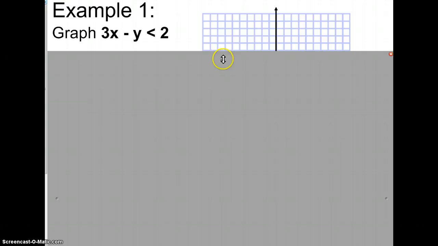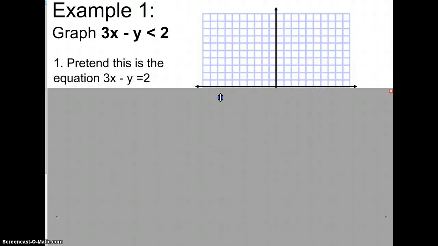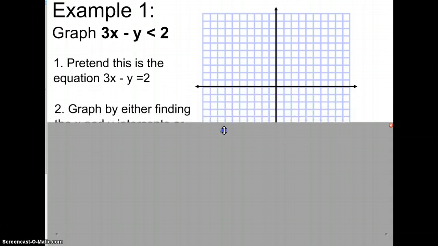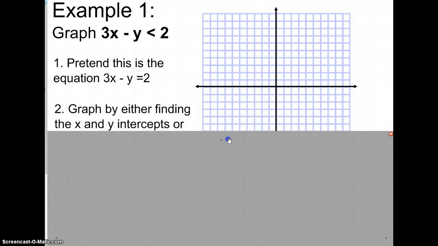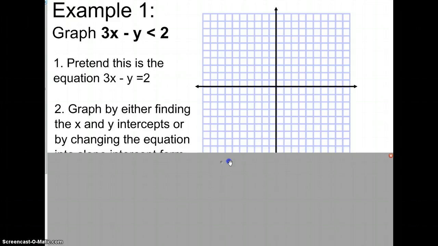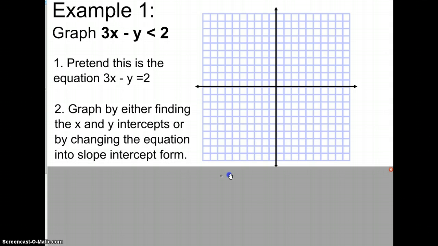Example number 1. 3x minus y is less than 2. The first thing you should do is pretend that this is an equation. This will be more familiar to you. In this equation, it looks like it's in standard form. You could solve and graph this from standard form by finding your x and y intercepts. That's one choice. So graph either by finding the x and y intercepts or by changing the equation into slope-intercept